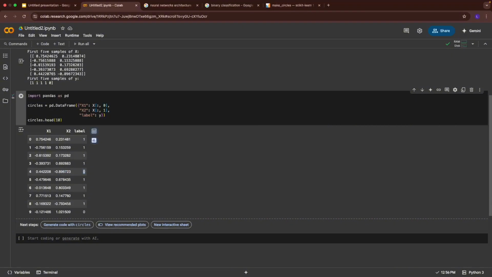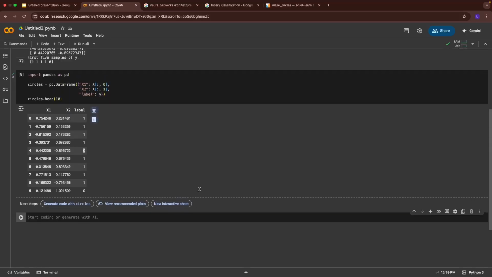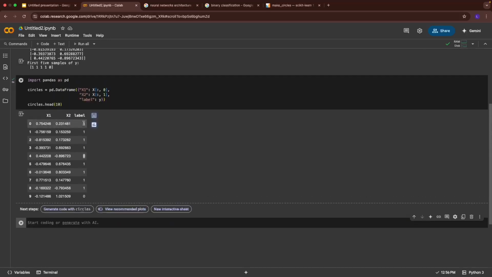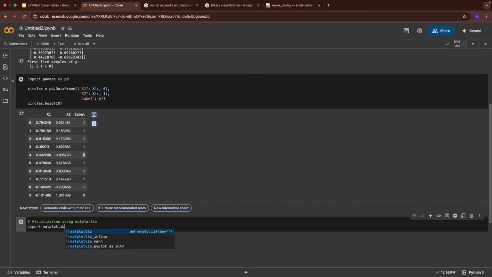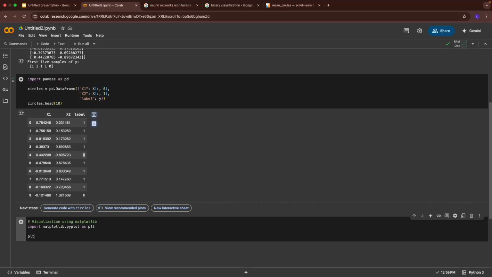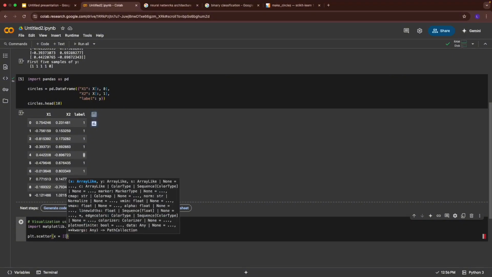So again, let us further visualize our data using matplotlib. We want to plot all the data points of 1 and all the data points of 0. So let's plot the visualization using matplotlib. Let us import matplotlib.pyplot as plt. So we want to plot a scatter plot, scatter, and for x we want all the rows from x